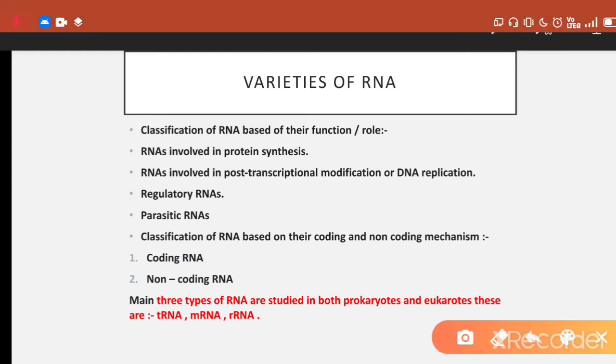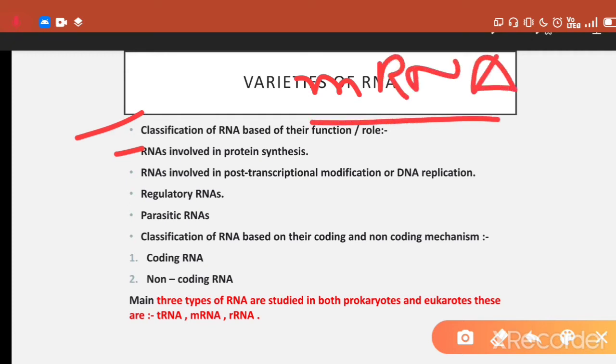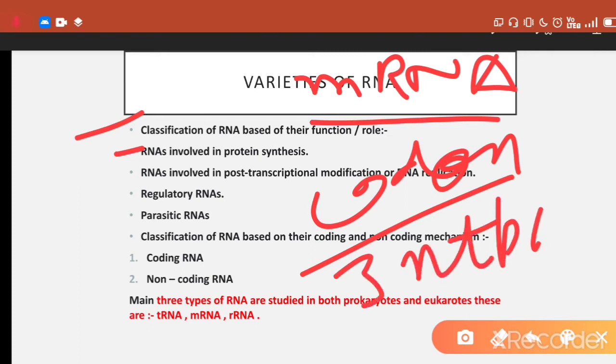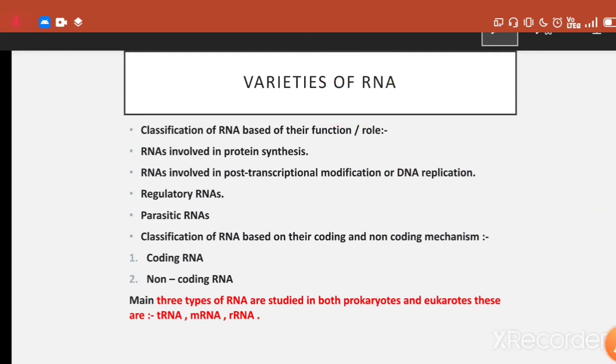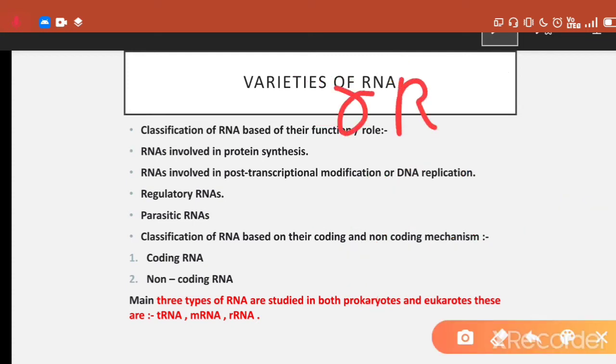First, I will talk about classification of RNA based on their function or role in a particular cell or in a particular organism. For example, RNA that is involved in protein synthesis, means during the translation process they are involved in different types of activity. For example, messenger RNA, as we know, carries information from DNA to the ribosome in the form of codons, that is 3 nucleotide bases, and that codes the anticodon in the ribosomal subunit. And the second one here is ribosomal RNA that forms the small or large subunit of the ribosome, and then